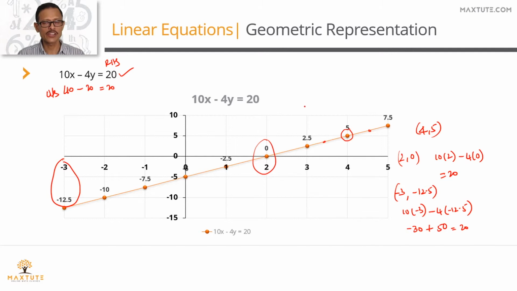The second part of substituting: you realize we picked this point (2, 5). The x coordinate is 2, y coordinate is 5. So this is a point whose coordinates are (2, 5). The orange is the line that we are talking about. Is this point lying on the line? This point is not lying on the line, which is why it did not satisfy the equation.